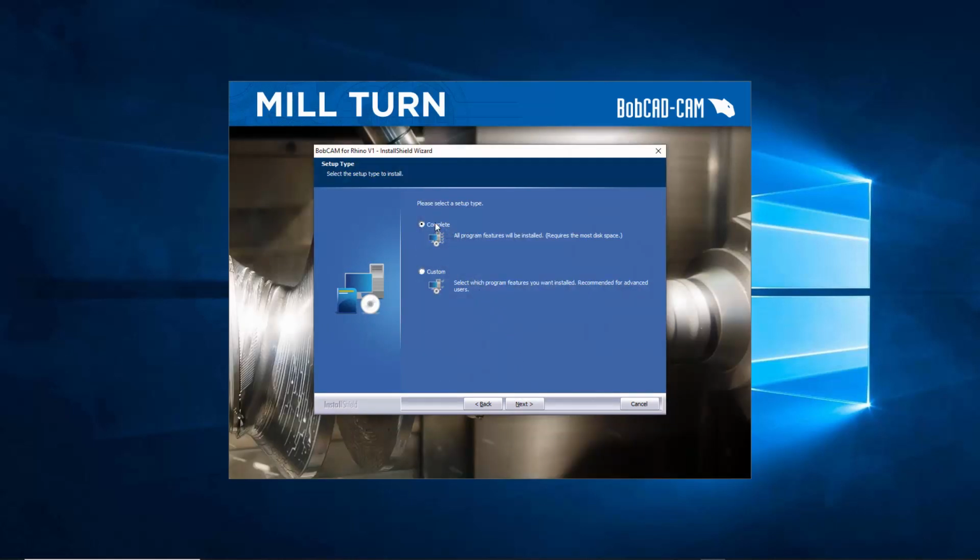And then right here, I'm going to do a complete install. I want all these features and everything to just automatically get put on the computer, just wherever it finds it. It should put it all on the C drive. But if you are going to move things around, so if you want some set up for maybe a D drive, maybe a solid state drive, then you can use a custom install and install where you want to install. But if you go by complete, it's just going to install it right onto your C drive. So I'm just going to go ahead and hit next again.